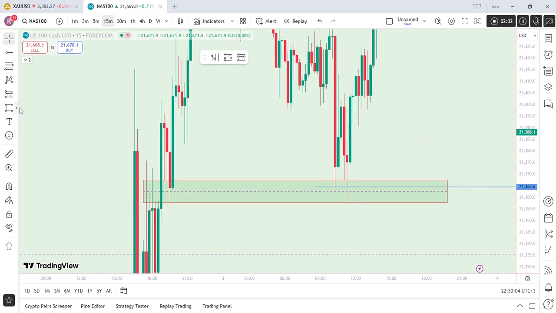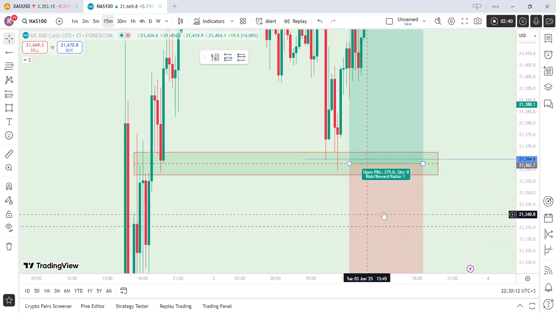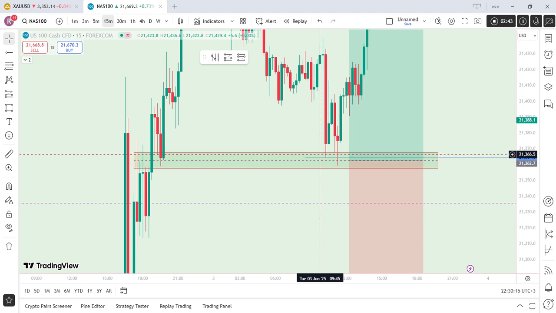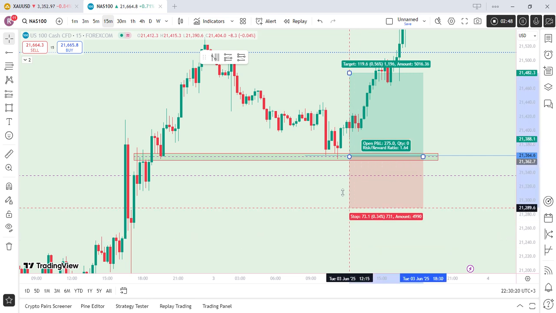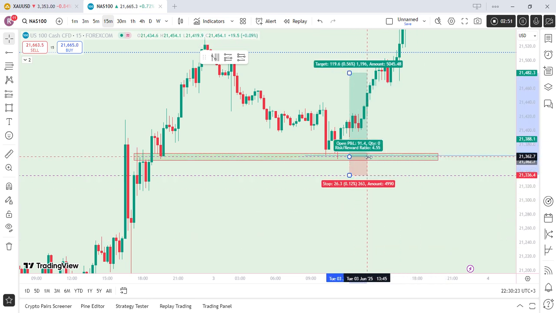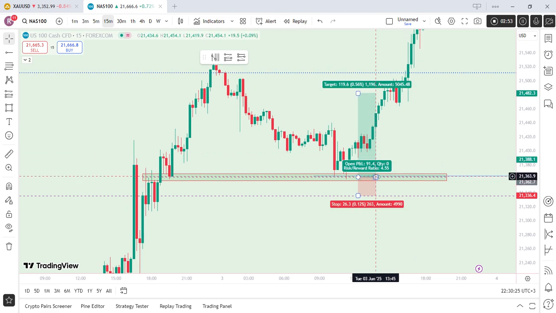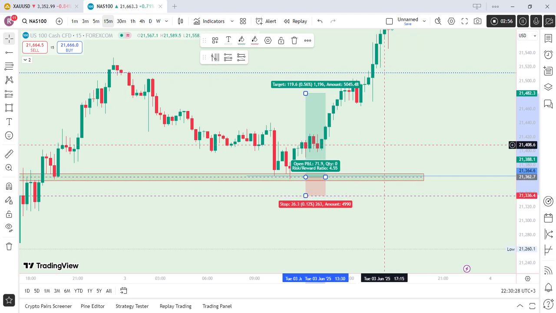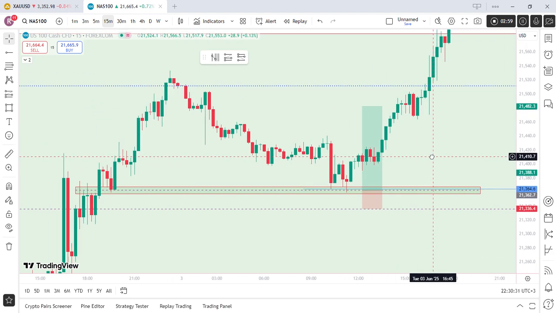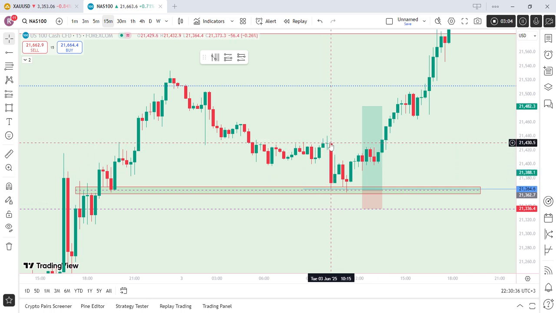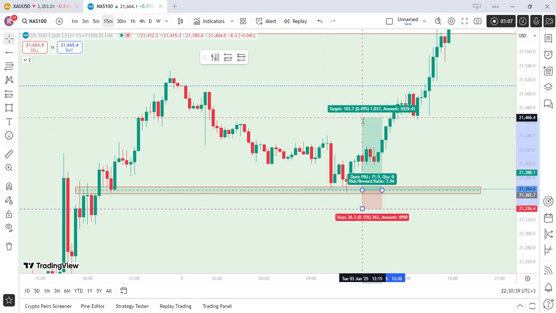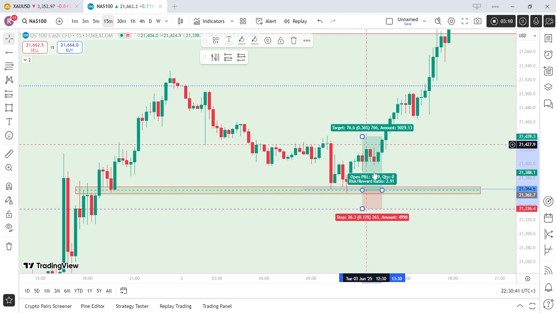So what you'd have done here is enter longs, for example, at the consequent encroachment of that previous 15 minute fair value gap, or maybe just below there, the 10 a.m. hourly candle of sell side liquidity. Remember, I'm using UTC plus 3, so don't be confused when I say 11 a.m. Then, of course, ICT usually talks about your target, the other side, the buy side liquidity, for example, here. And that would have given you an easy